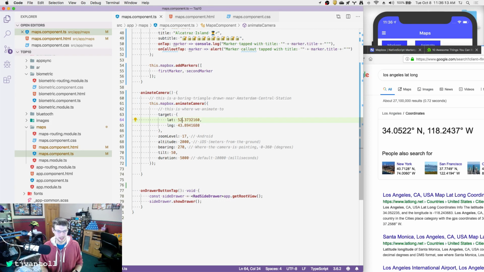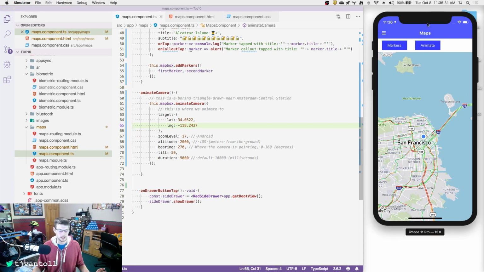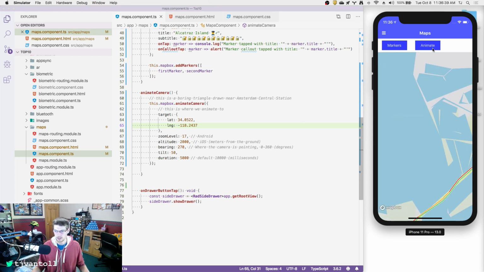So let's say the latitude's the main thing that's changing here. So if we're now going down to 118.2437, and we'll play with some of these other settings here in a minute. But so now if I'm in San Francisco, let's say we're in a travel booking app and the user says, actually, I want to see things near LA. So you do this and